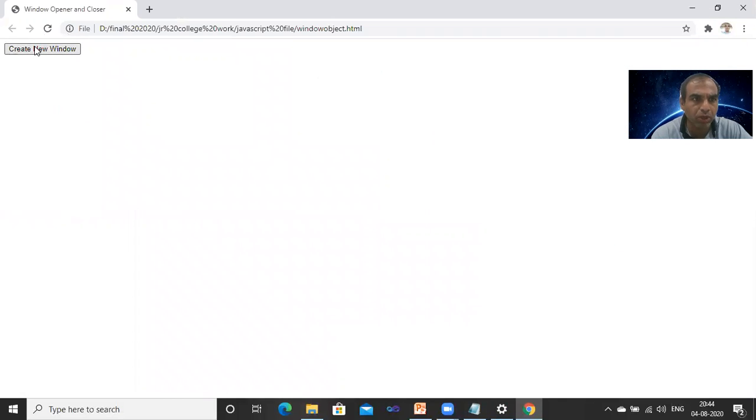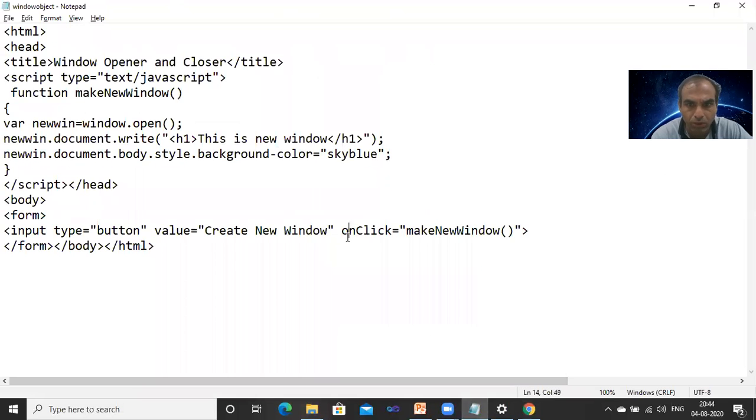Click on create new window. What happens? It shows you background, new window document.body style dash color is equal to sky blue. Is it right? Background dash color. Okay, but it shows you style and using the inverted symbol. Maybe.